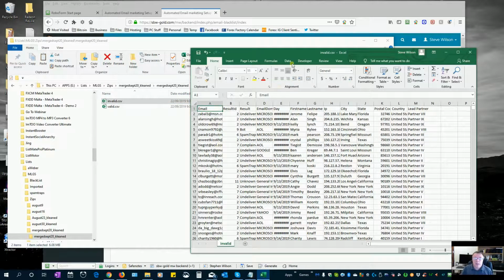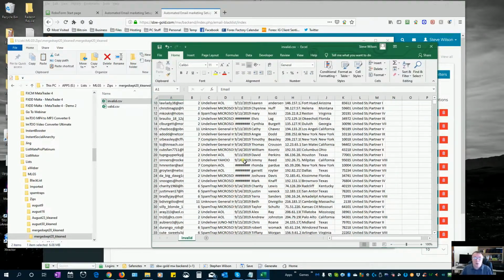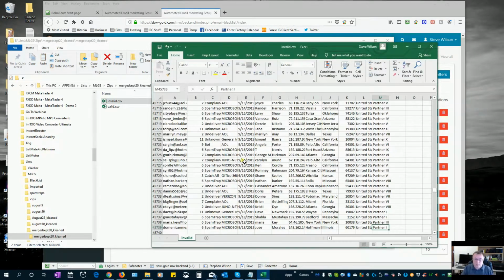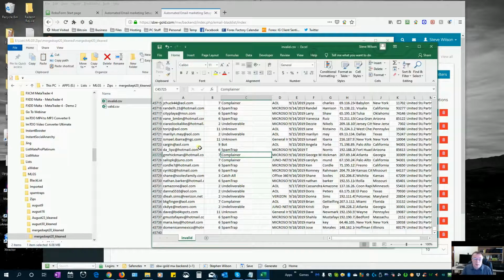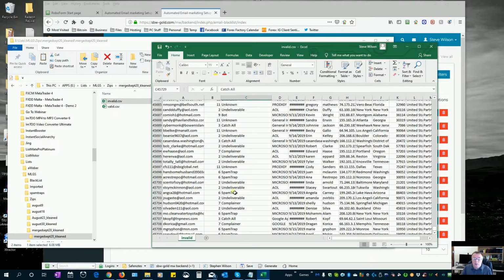So this is the invalid list, and this is what we want to upload into our server. There's 45,738 invalid, and it says on here what the actual problem is: spam traps, undeliverable, a bot, people that complain to their hosts. So let's see, that's a Hotmail, that's Juno.com. This one's just a catch-all email address. So all of these we're going to upload